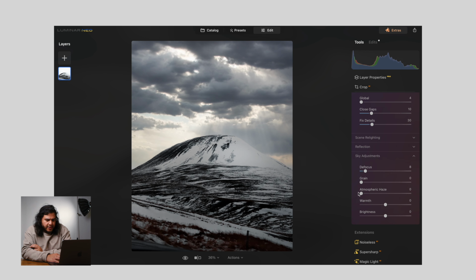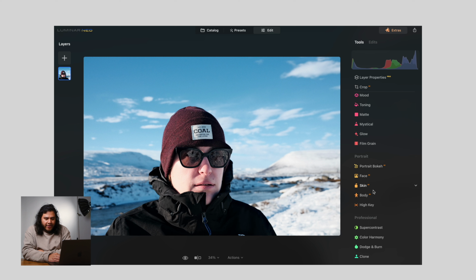Now I feel like this sky goes a lot better with this image. Sky swapping may not be your thing, but I do think it adds a layer of character to an image that may have needed just a little extra. I want to play around with the portrait AI options that I have with Luminar. So I'm going to scroll all the way down, and now you can see